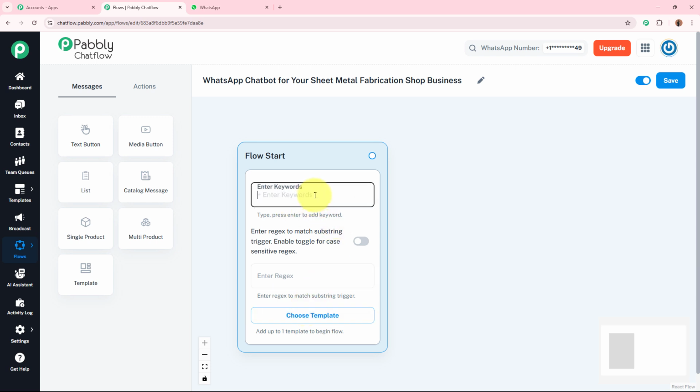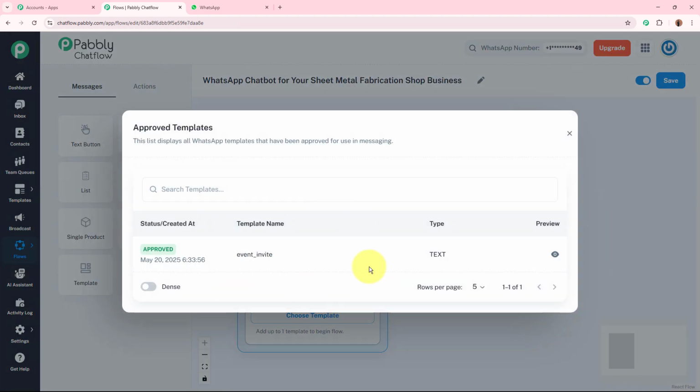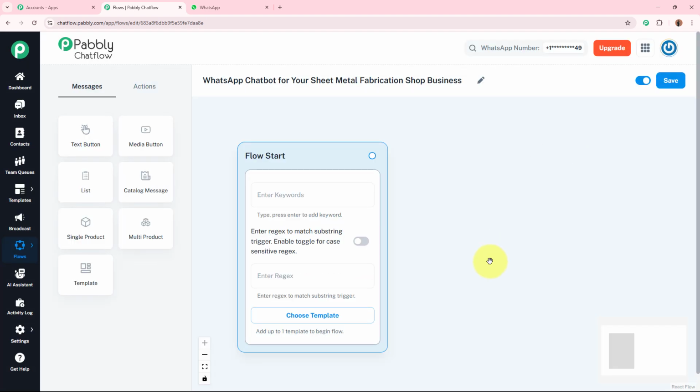So let's suppose you have entered a few keywords in the field and the customer sends those keywords to you as a WhatsApp message. This flow is going to be triggered from here. After that, it is choose template. So let's suppose you have added a template in your flow start and you have forwarded that template as a broadcast message towards all your contacts, and your customers reply to that template. This bot is going to be triggered from here. Next is